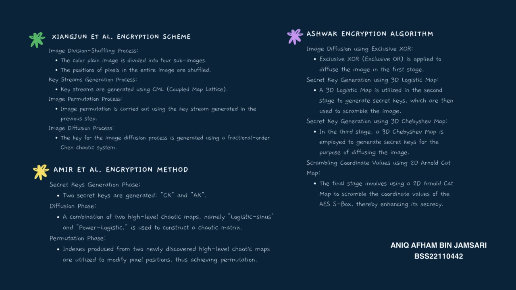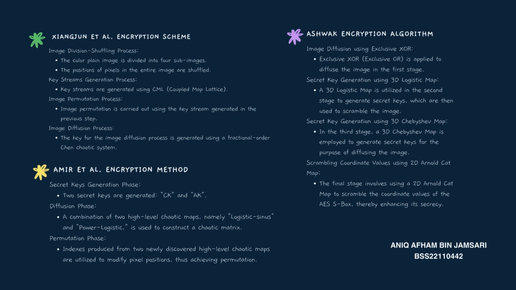The encryption algorithm has been divided into four processes. First, the image division shuffling process, where the color plane image is divided into four sub-images and the positions of pixels in the entire image are shuffled. Then, in the key stream generation process, key streams are generated using the CML, which is the coupled map lattice. And image permutation is carried out using the key stream generated in the previous step. Last but not least, during the image diffusion process, the key for the image diffusion process is generated using a fractional